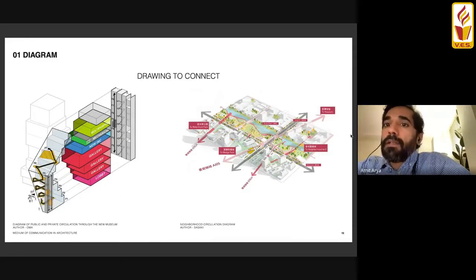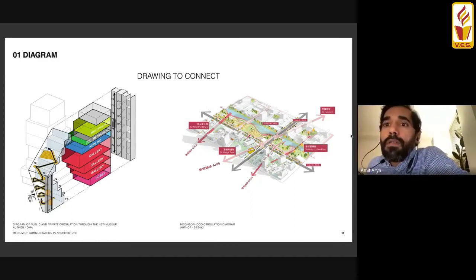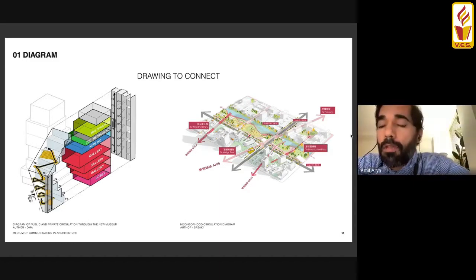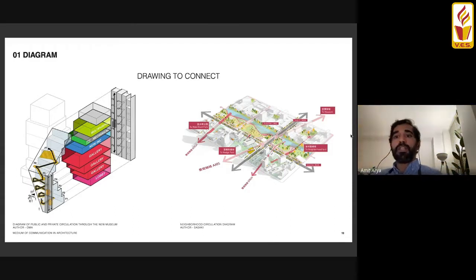And finally, diagrams are obviously used to show connection. The most obvious diagram that all of us get used to is the map for the metro subway, where you have to go from one station to the other, and you look at the map. Almost all around the world, the taxonomy and the syntax is so fine-tuned and well-defined that you can find your place in the city. So connecting and circulation has always been the idea of a diagram,